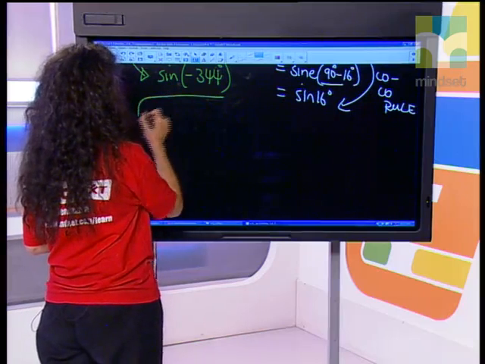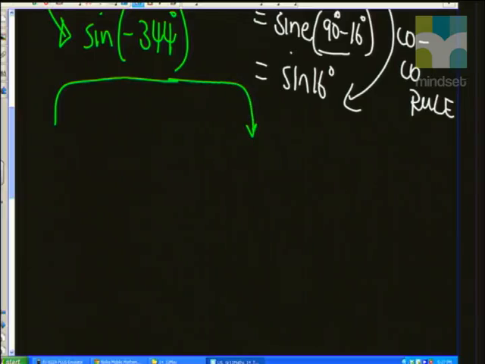We could look at it as the negative of the sine of 344. So the sine of a negative angle is the same as the sine of the positive angle as long as you make it negative, okay? Or